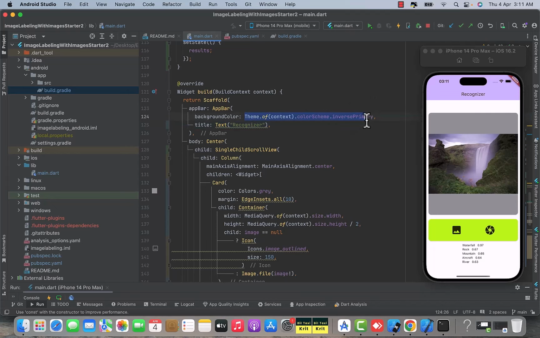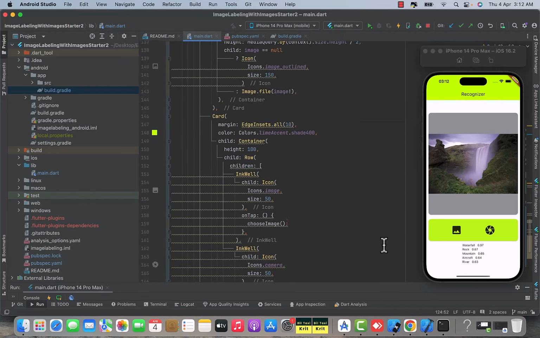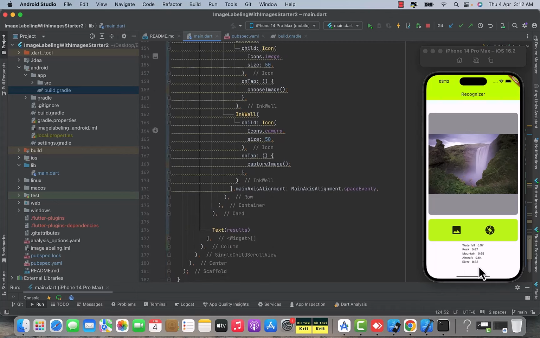Similarly here we can change the background color of the app bar. So we are going to choose the same lime color. So Colors.limeAccent.shade400. After that, press Command S. And now you can see this application is much better because this color and this color is similar. And now we need to work on the GUI of this bottom box